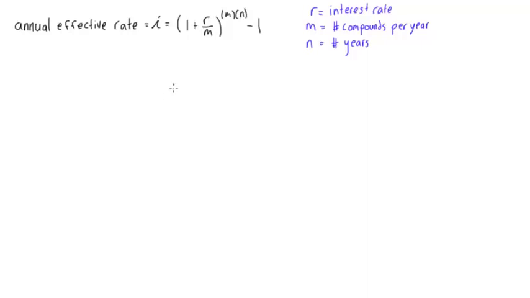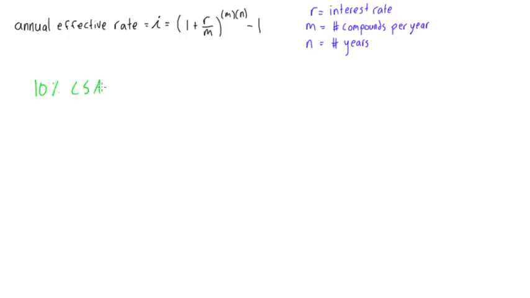All right, now we're going to start talking about what happens when investments or loans or things like that are compounded more than once per year. That's where we have to be able to figure out the annual effective rate. So imagine you want to invest some money into a bank account that pays 10%